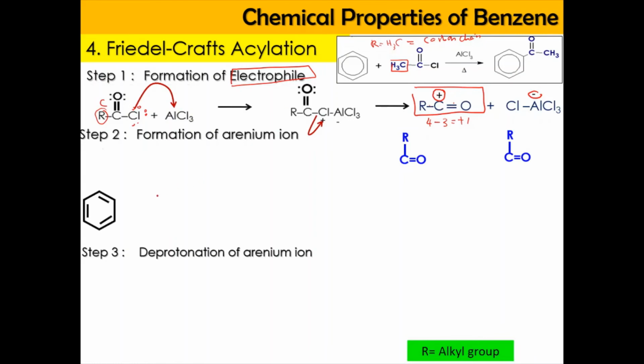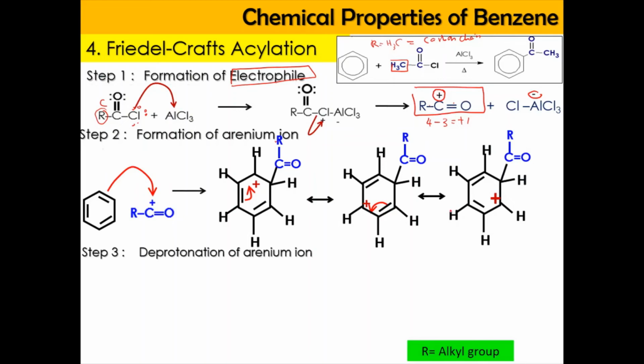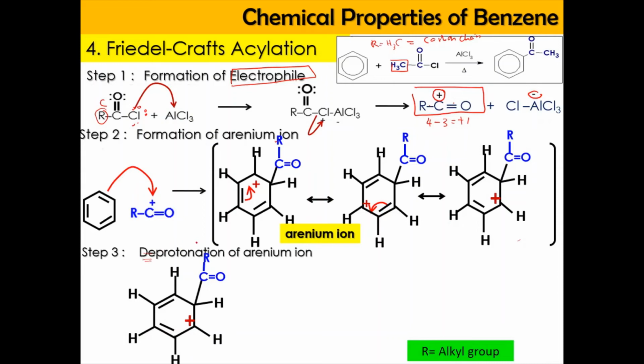Okay, so the positive charge here refers to the formation of the electrophile. So now our benzene, which acting as the nucleophile, gonna attack the electrophile, and this gonna cause the attachment of benzene with C double bond OR here. Okay, and as usual, we're gonna move our electron to show the resonance structure, and we're gonna enclose it with bracket and show it as the arenium ion. Okay, and now we're gonna draw the last structure again for step number 3, which is deprotonation, pembuangan proton, which is we can take the